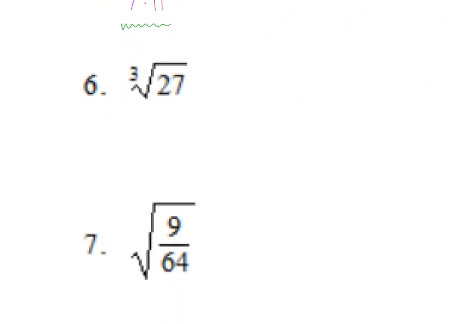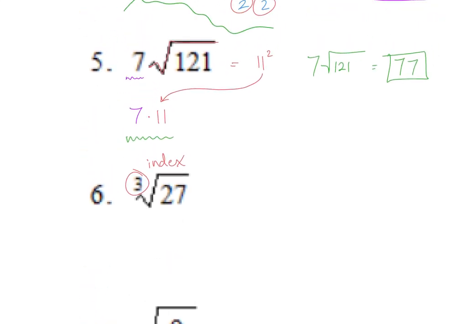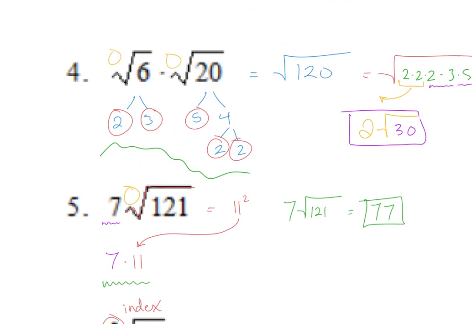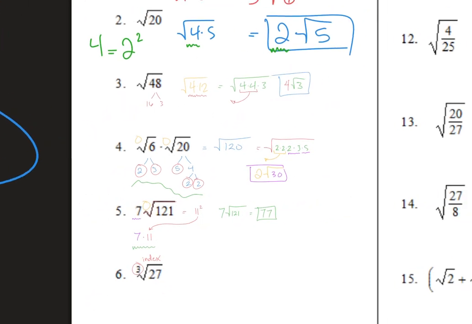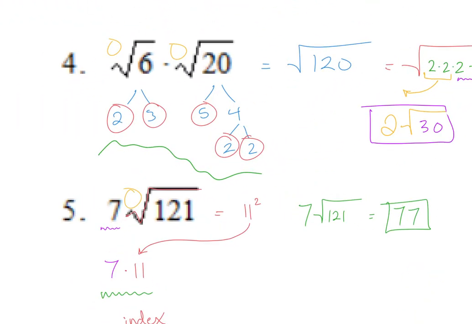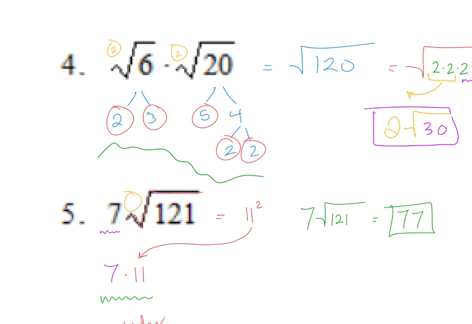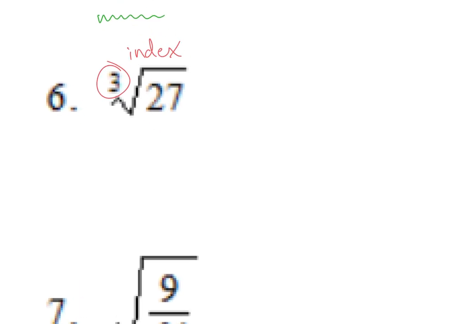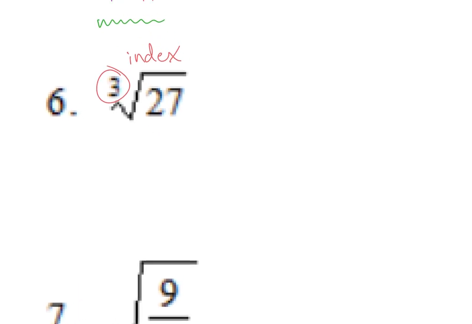We talked about how this is the index, and an index, we haven't seen one of those yet. There was nothing here or here. Why not? Because a square root implies that we're looking for perfect squares, right? And so it's kind of an invisible 2. It's not kind of an invisible 2. It is an invisible 2. So now we don't have an invisible 3. We are now looking for perfect